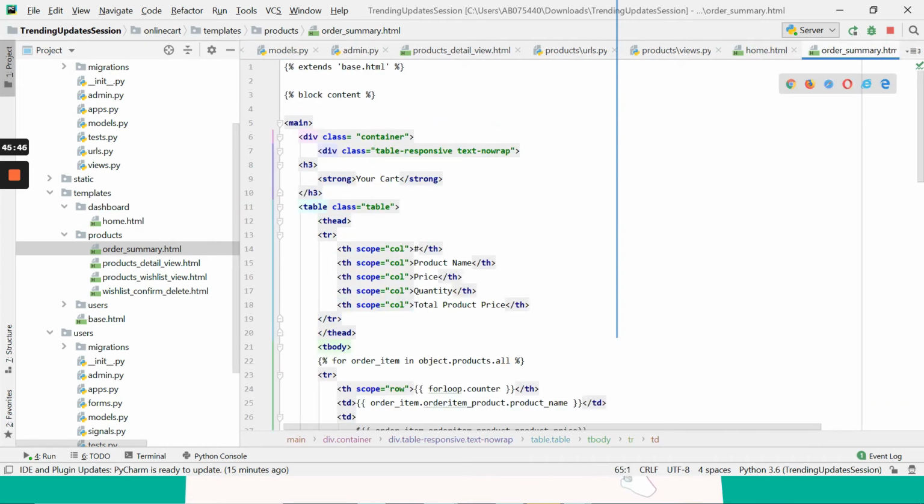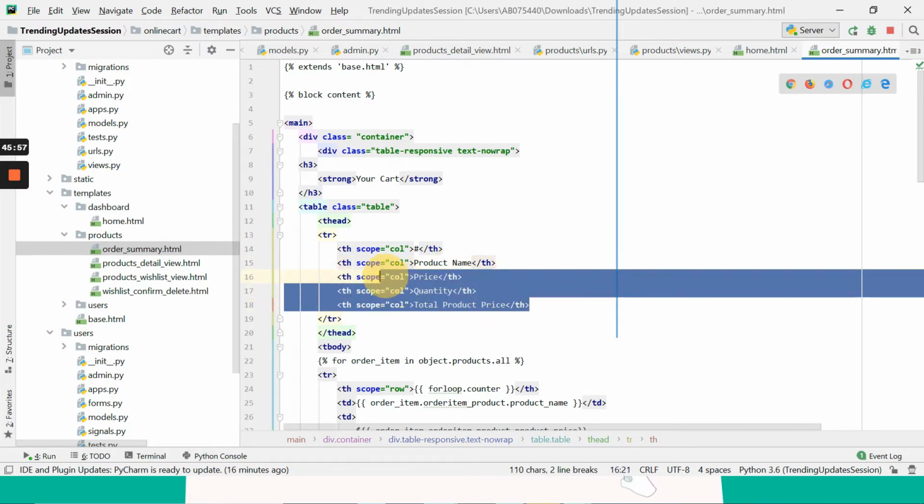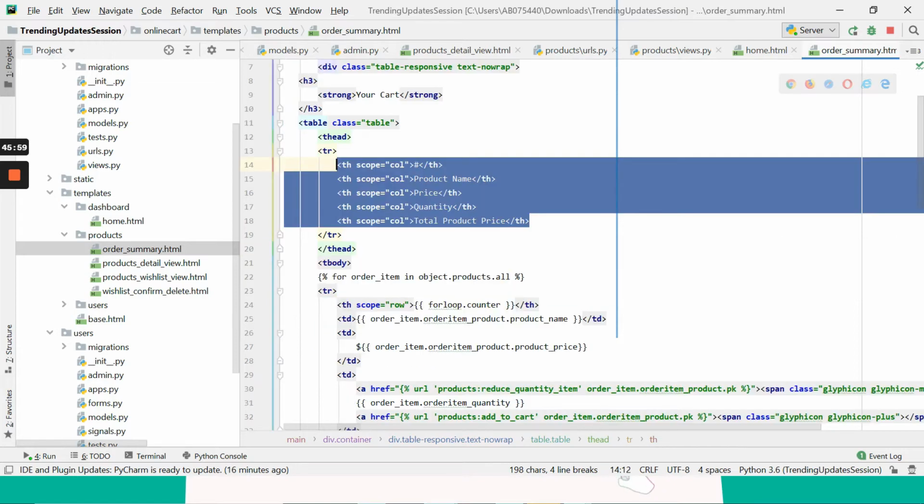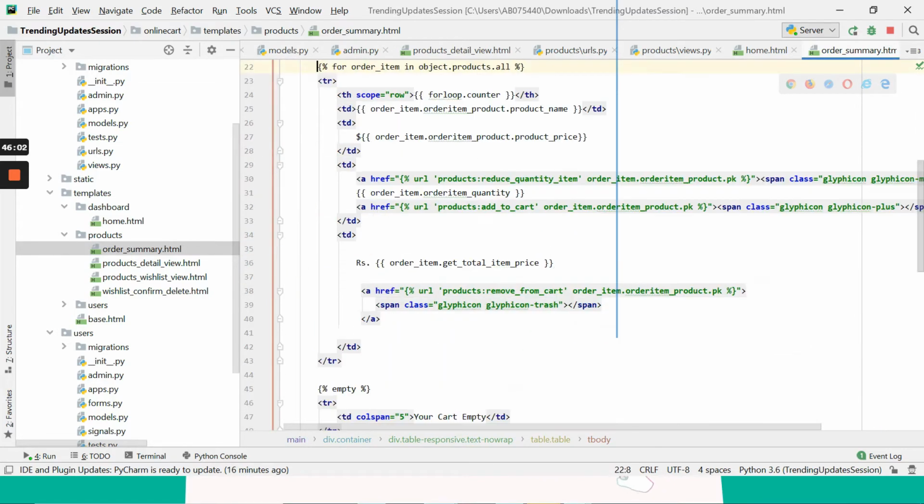Inside the order summary page, I have taken a table, and for the table I am displaying the product name, price, quantity and total product price. I am using it dynamically.